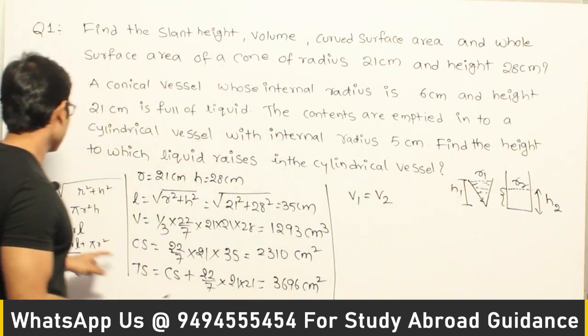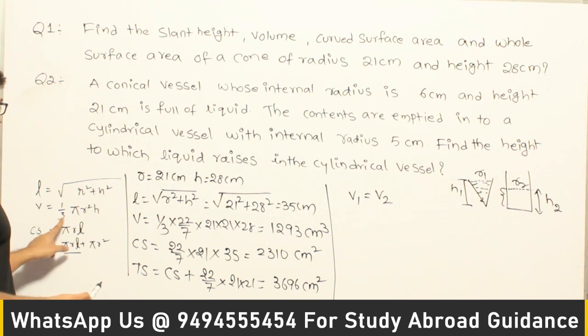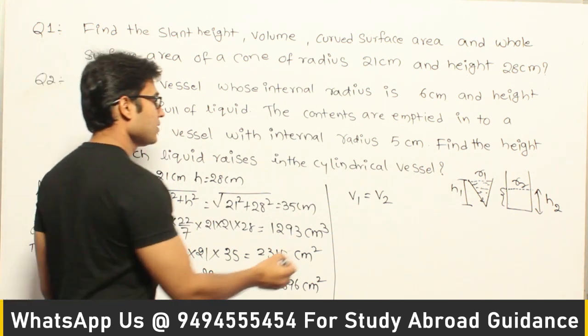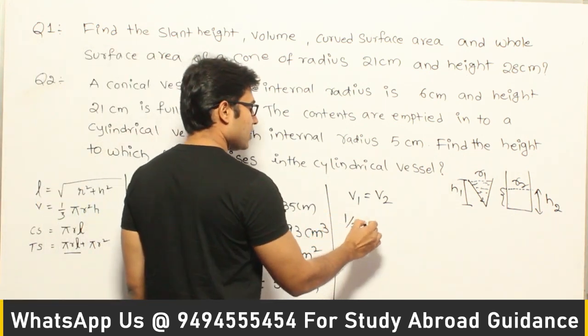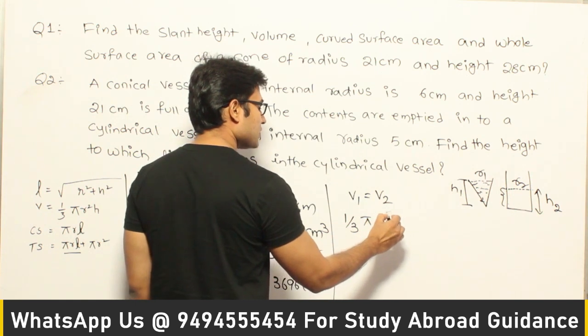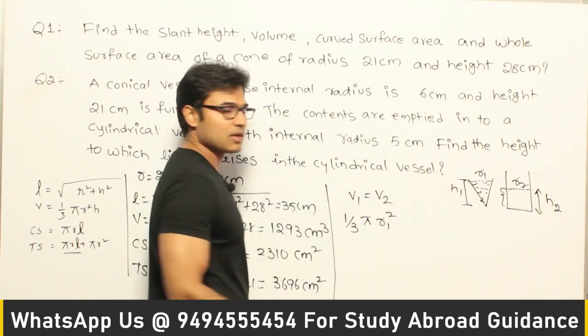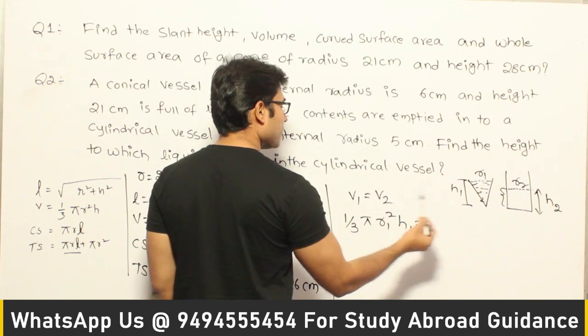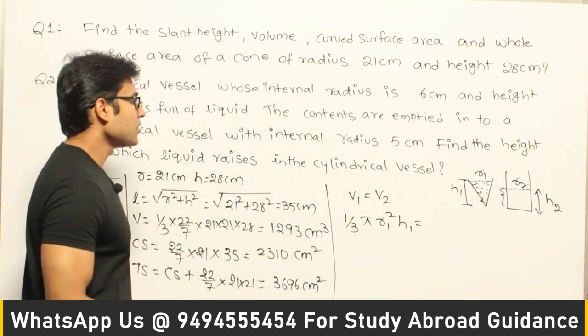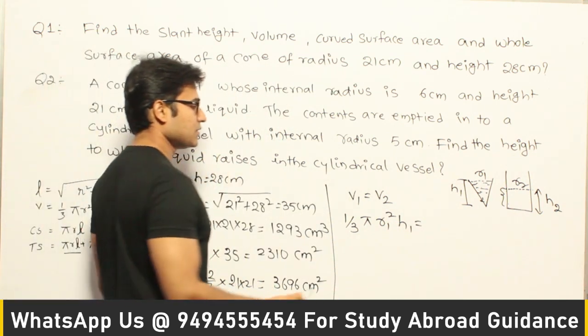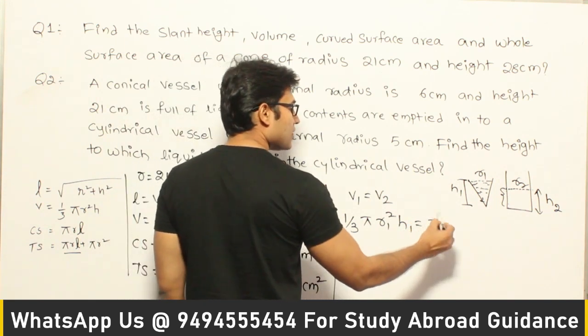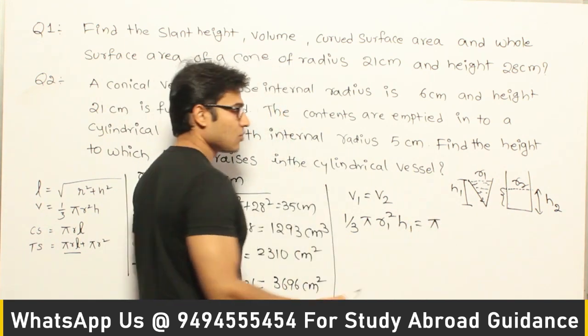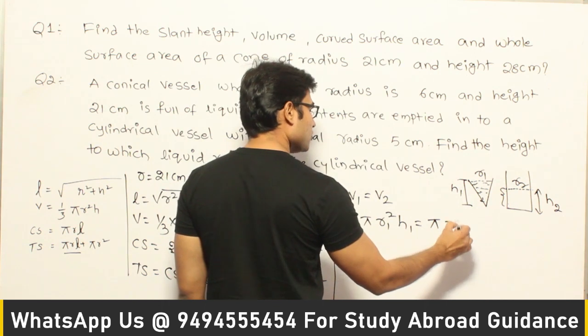Now what is the formula for the volume of the cone? Volume of the cone equals 1/3 pi r square h, right? Therefore 1/3 pi r1 square h1, because we are assuming it is r1 square h1, equals the volume of the cylinder. What is the volume of the cylinder? Volume of the cylinder is pi r square h, so pi r2 square